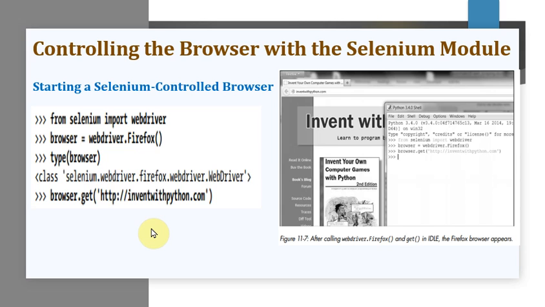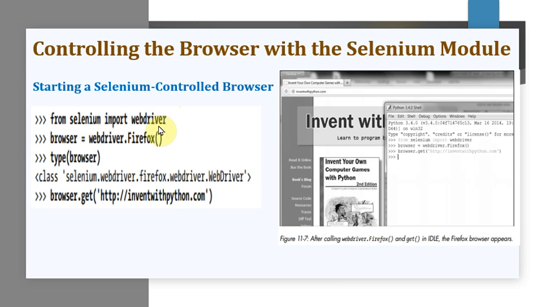In all those cases, we just wrote import request, import bs4, or import webbrowser. But in the case of Selenium, it is a bit different. Instead of simply writing import, we write from selenium import webdriver. This is how you have to write the import statement.